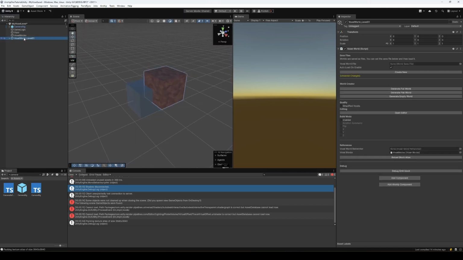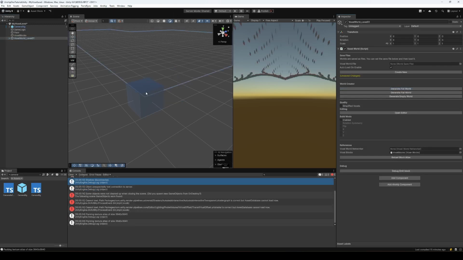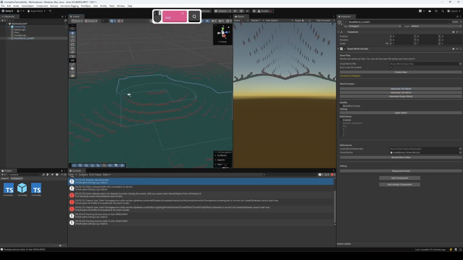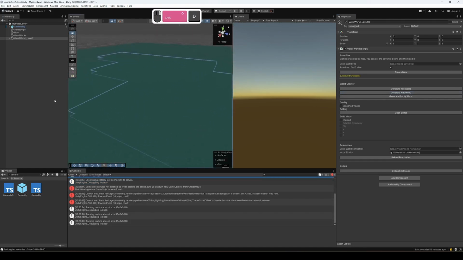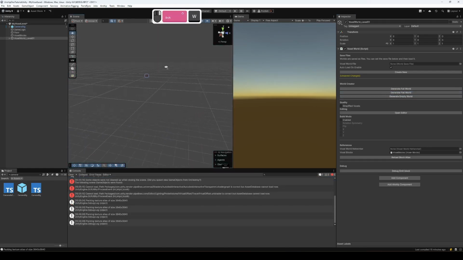Alright, if we click Voxel World, you'll see that there's a few options here. If you want a starting point, you can generate a sine wave world, which looks like this. A flat world, if you just want a floor plane. Or an empty world, which will just have one cube. To save any of your changes to the voxel world, you will have to create a file that will exist in your project. So just hit create new,